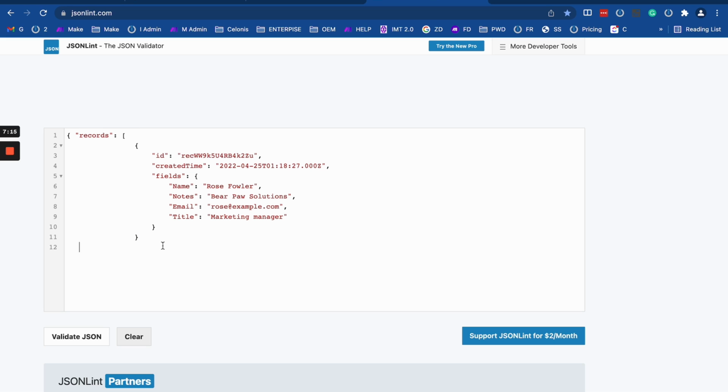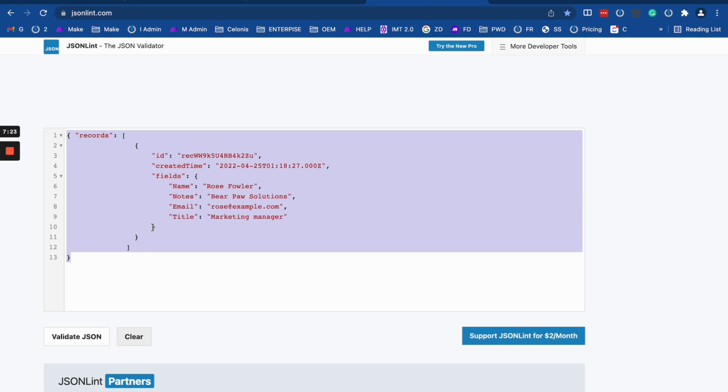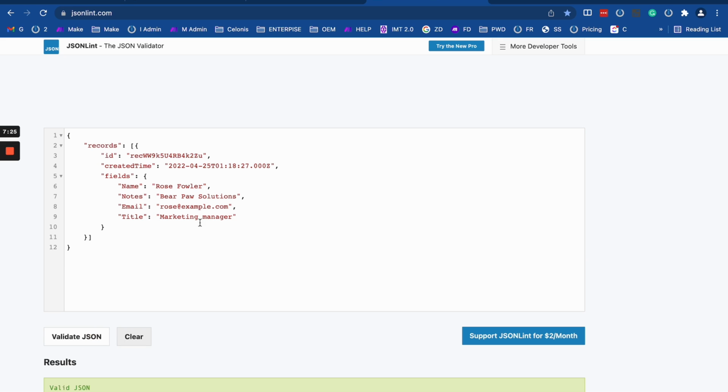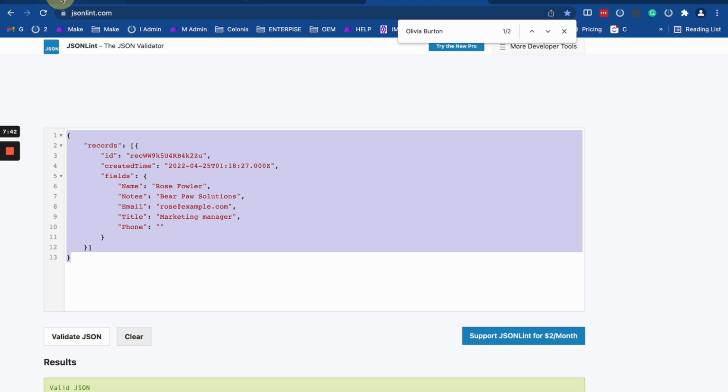So I just want to have one item, close my array, and close my whole thing. So that will give me a valid JSON, right? The only thing I want to add after a comma definitely will be my phone, so phone and some text in here. Okay, valid, copy, done. I can copy this and create my new